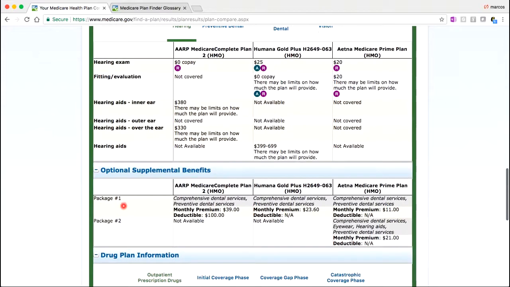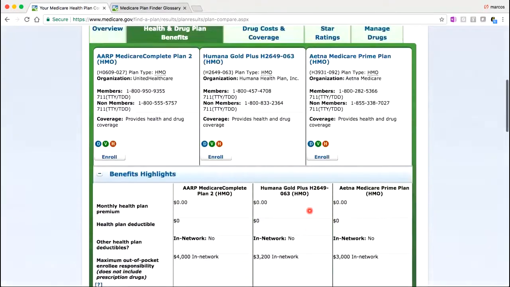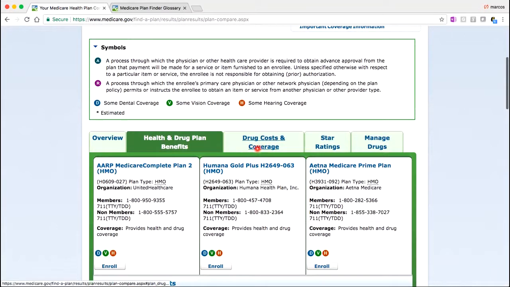How can you buy it? Well, this one just so happens to have two different optional packages, package 1 and package 2. So you can go ahead and buy either one at $11 or another one at $21. Again, here's your monthly plan premiums and deductibles. All three of these plans have 0 premiums for their monthly plan prescription drug, and their drug deductible is 0 as well. Doesn't mean that the copays aren't, and that's where we're going to get to our drug costs and